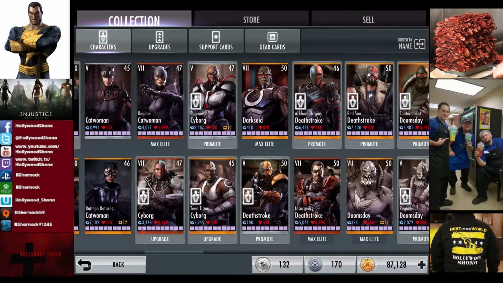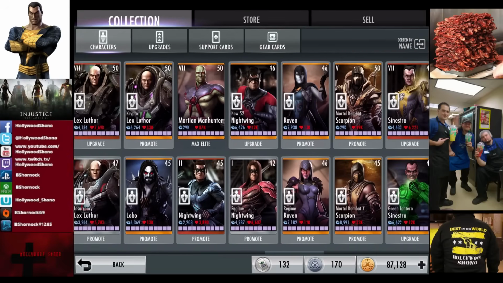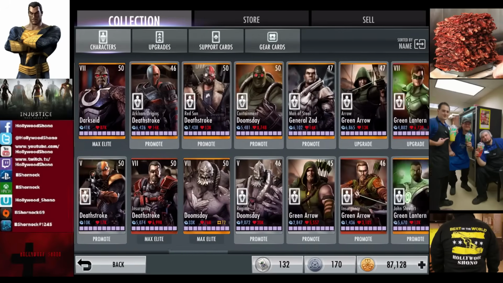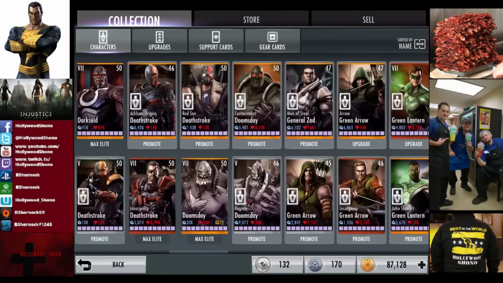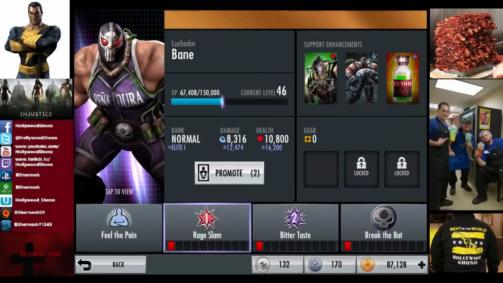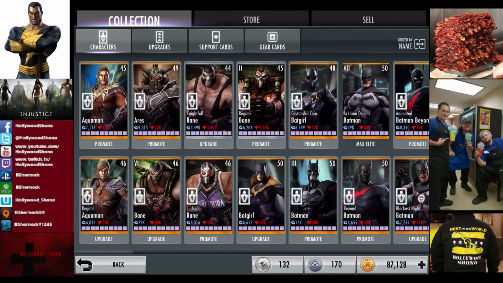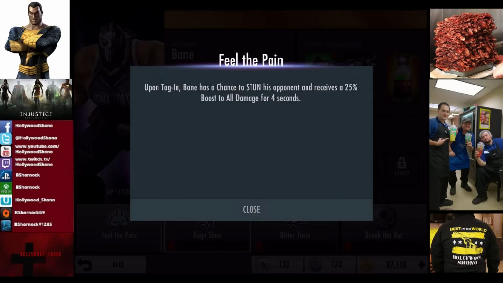So the next challenge I would like to talk about is the Luchador Bane challenge, and this was the first card that was released that actually had 1,200 base damage, I believe, or maybe it was 1,150, and I forget that he's in the B category, not in the L. So Luchador Bane, as you see at level 46, has 8,316 health, and Ares has 9,315, so I think it's 1,150 damage. Now, Luchador Bane is probably one of the best cards to use with Hawkgirl, as her